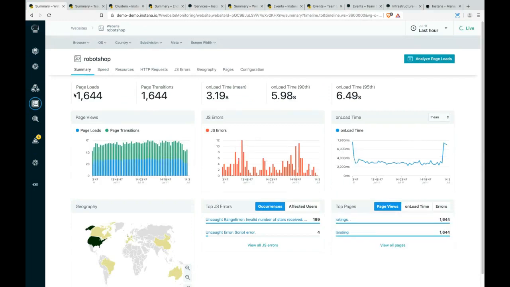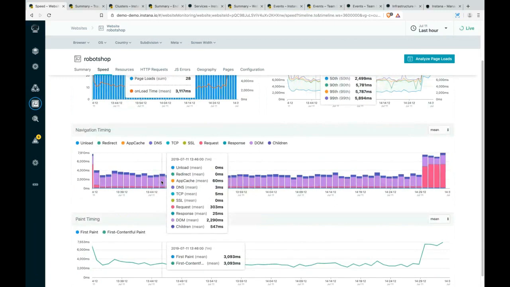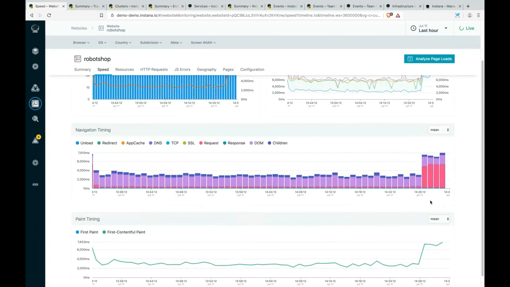We also fully support EUM monitoring, so we're going to fully capture every page load from your browser-based applications. Mobile is on the way, and we'll essentially use the same infrastructure here. But you'll notice we're going to be able to capture the end user monitoring with respect to page load, transitions, key onload times. In addition, we're also able to look at those key navigation timings that we always care about,